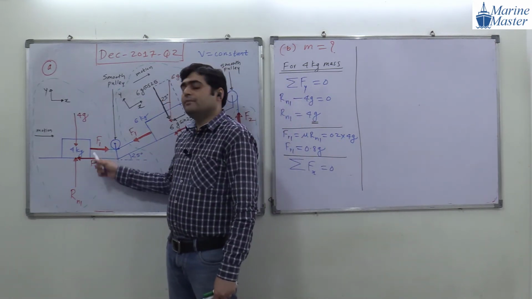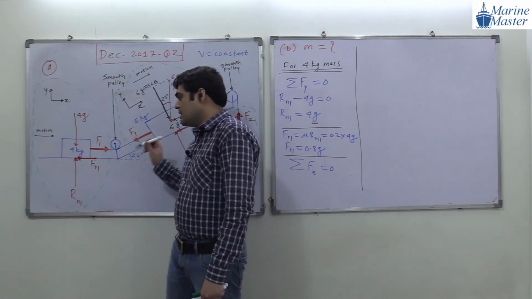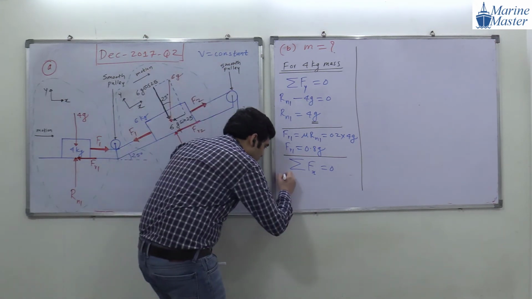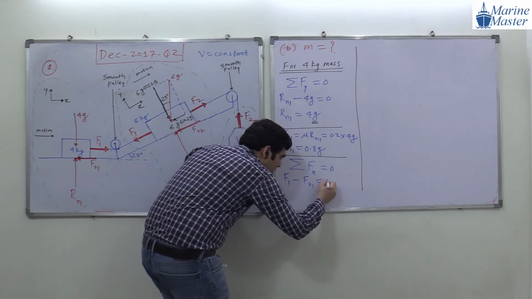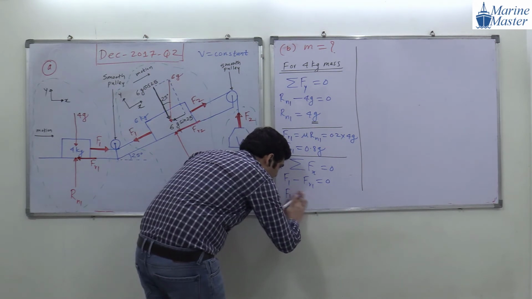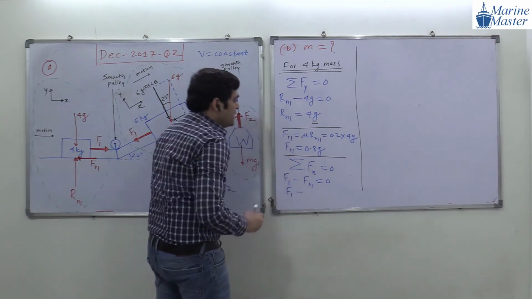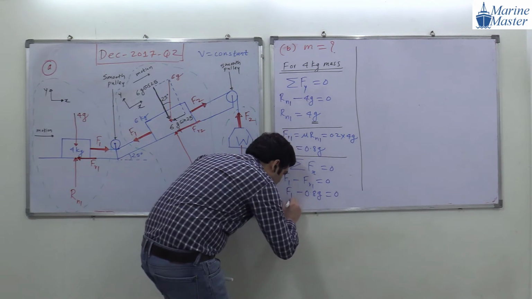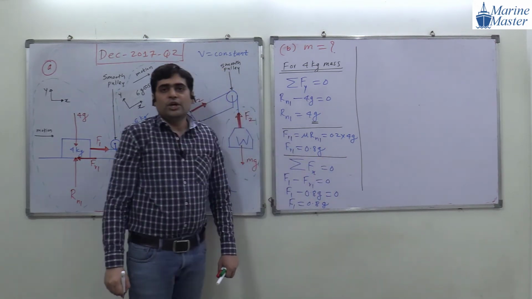What are the forces here in x direction? First of all, this F1 in positive x direction. And then the next one is what? FR1. FR1 will be in what, guys? Negative x direction. So F1, see the scenario, F1 minus FR1 is equal to 0. Okay, see the point here. So F1 minus FR1 is how much, guys? 0.8g. Just now we calculated equal to 0. So F1 will become equal to what, guys? 0.8g.